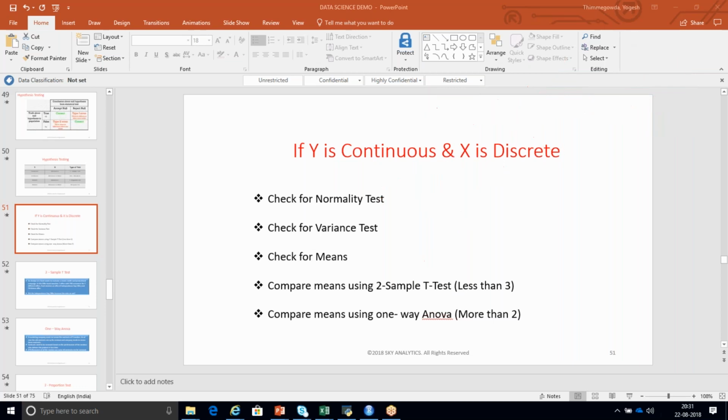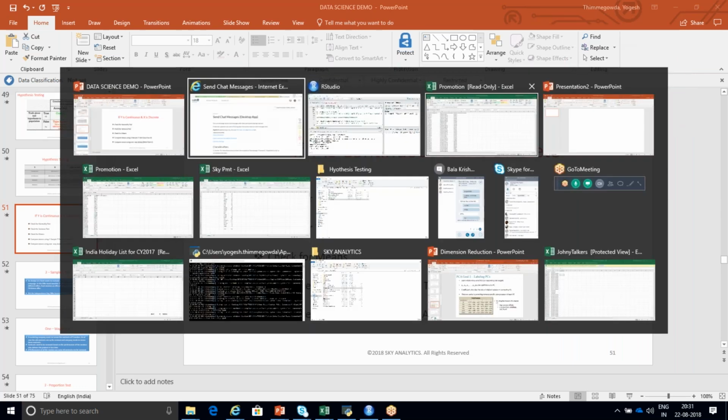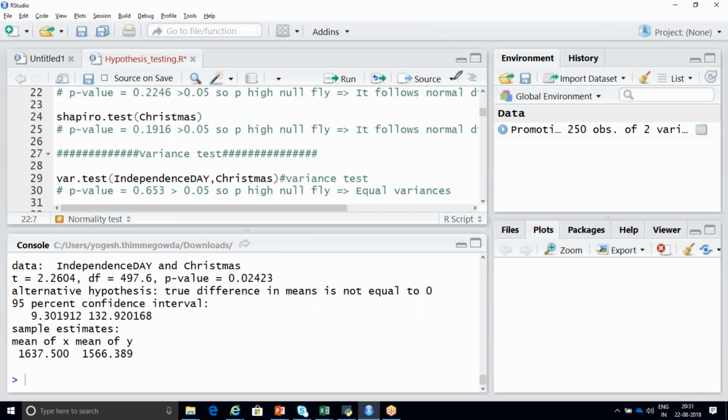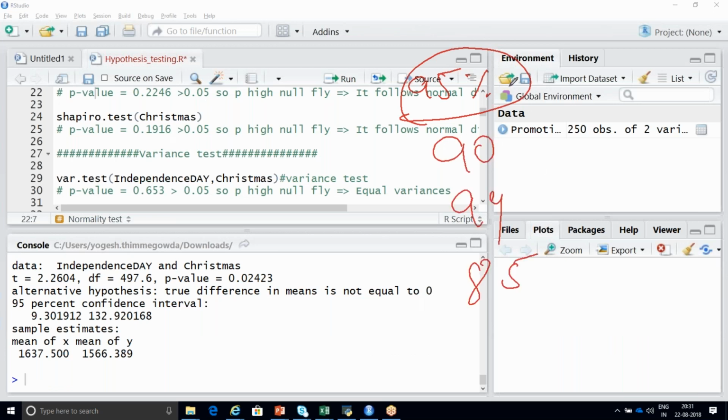Yes, got it. Okay. And the confidence interval, we need to mention it in the function itself. See, the default is always a 95% confidence interval. If you want to change the default value to 90 or 99 or 85, then you can use those optional parameters. Oh, okay. Yeah, got it.